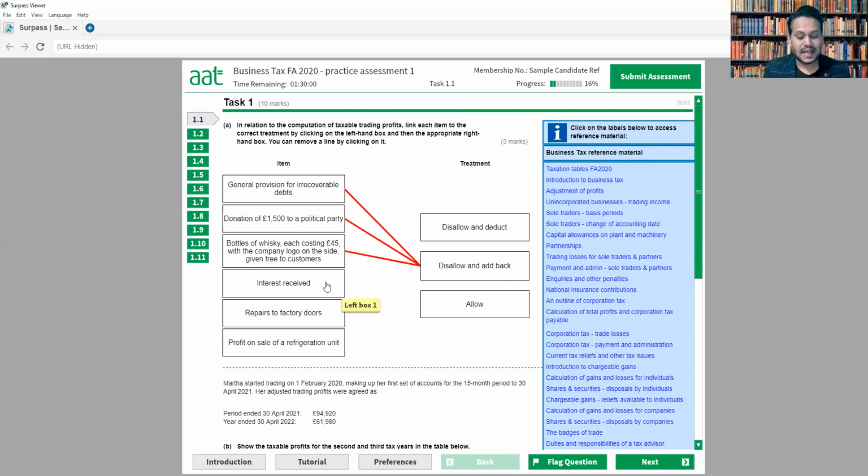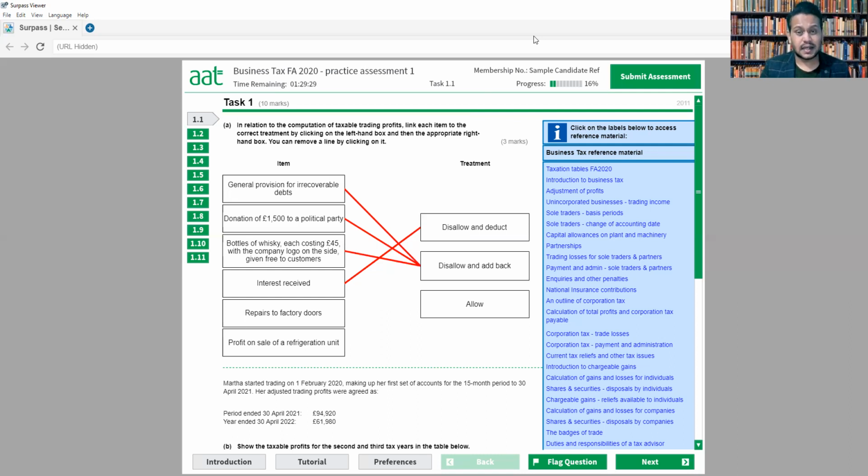Interest received is disallowable, but you can deduct it later on. This happens when you have some savings in your bank, and because of the savings money, you receive some interest. Now this interest doesn't come from the business directly, so it is not your trading income. It's not you selling something and getting the interest. No, it is money coming from the ISA or from the individual savings income, and for that reason it